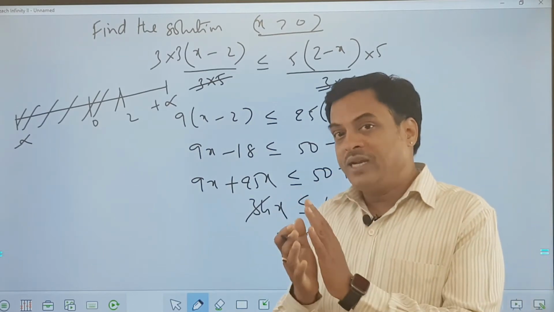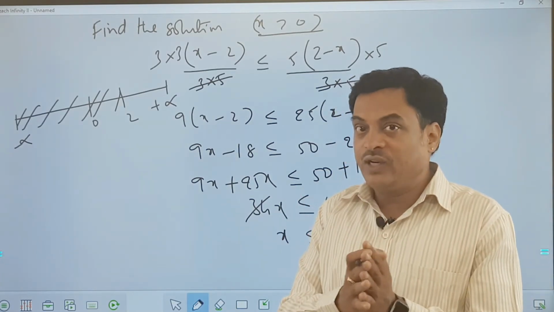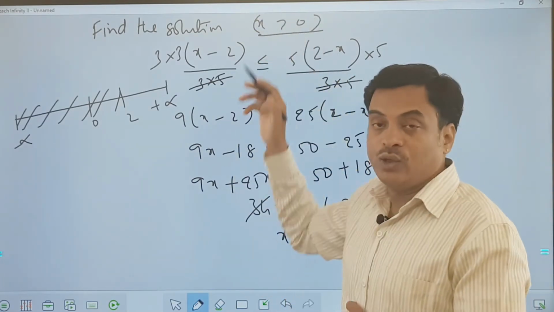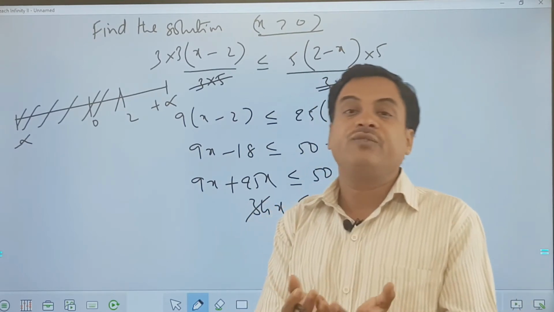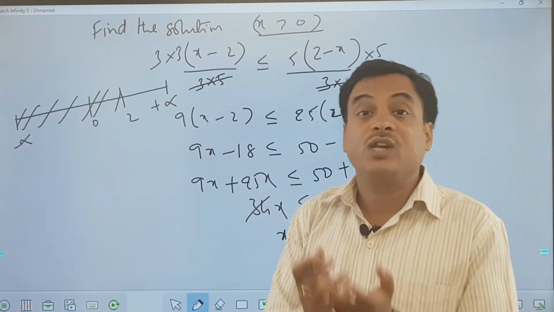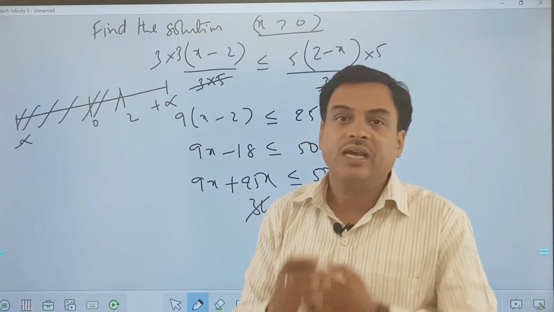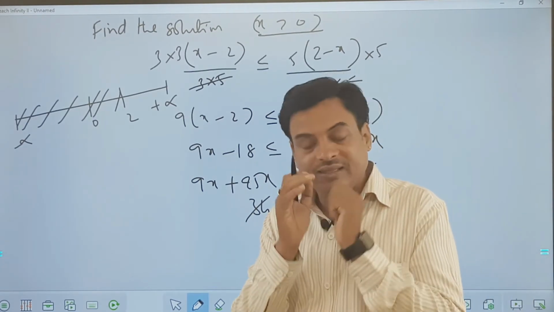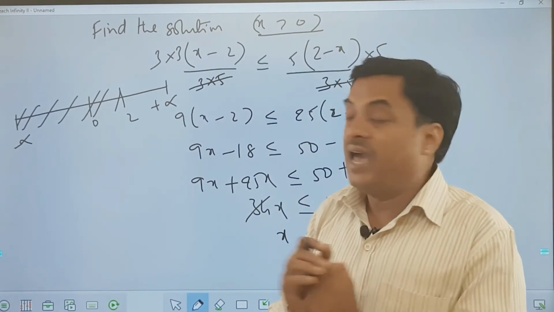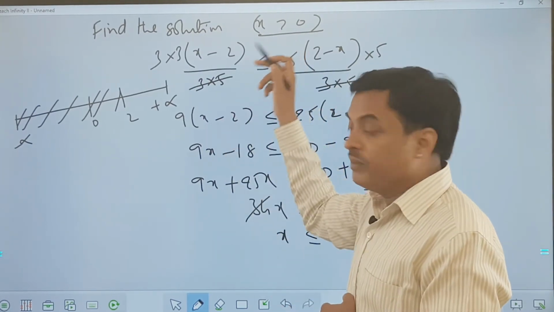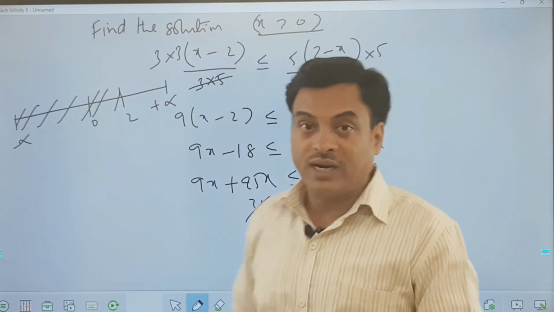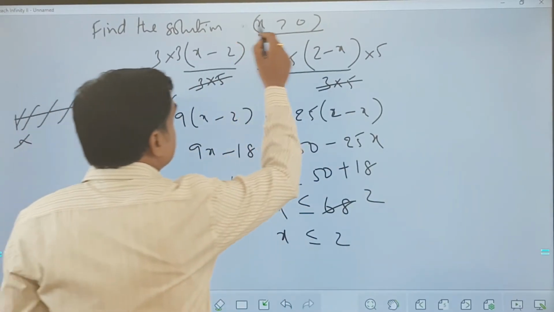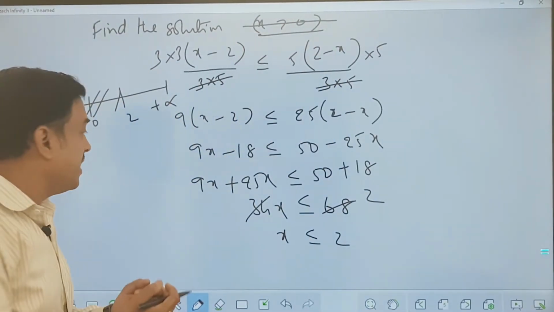So it also depends on what type of questions are given to you, what preconditions are given to you. X can take only positive values he may say, or x is a non-negative integer he can say. He can define the x value, or whatever the range is, that range he may define in the question. Okay, so right now, because there is no condition given earlier and this condition is a temporary one which I gave you as a hint,